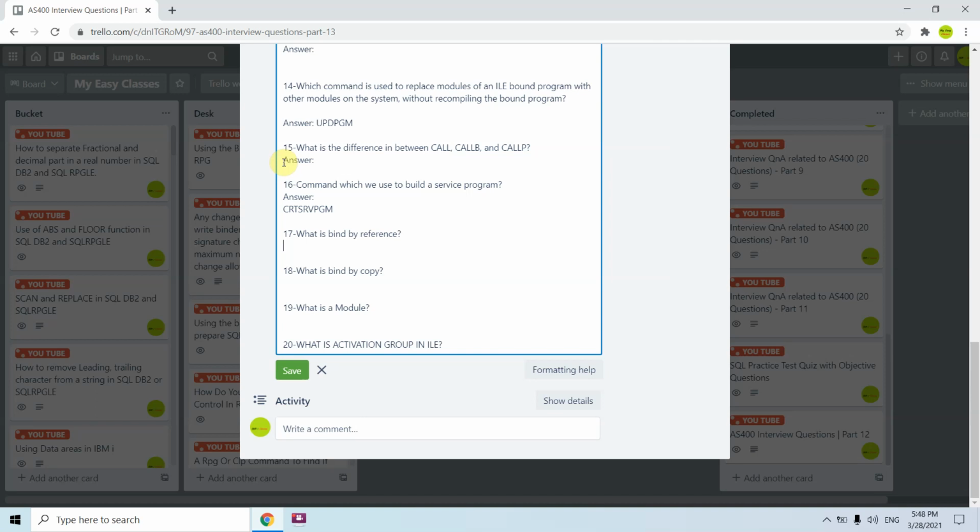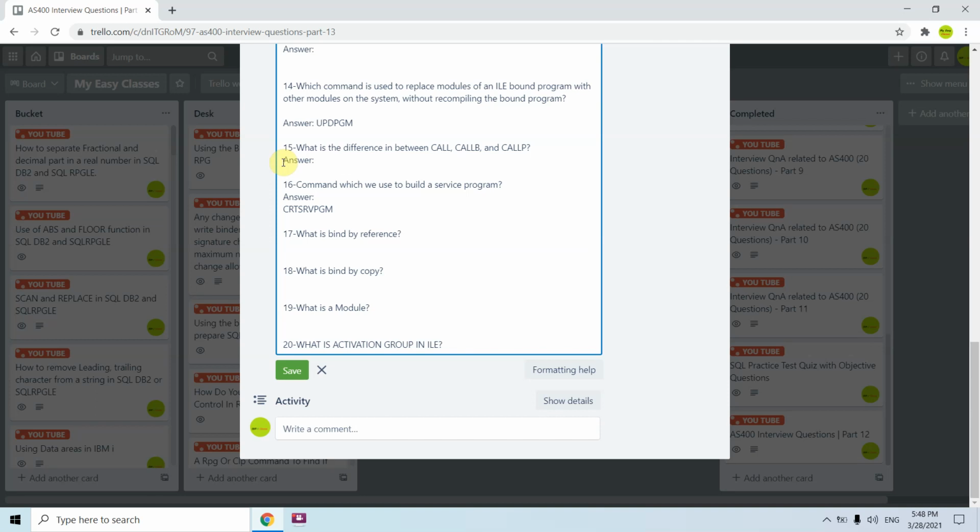But if I create a module and then I bind that module to the program directly, not the service program, this is called bind by copy. For example, I've created a module and I created the program, then in that case I can delete the module and I can take that program anywhere, on any machine, and I can run that program without the presence of the module. In this case, we are basically copying all the references of that module to the program. That's why it is called bind by copy. So bind by reference and bind by copy is now clear, I think.